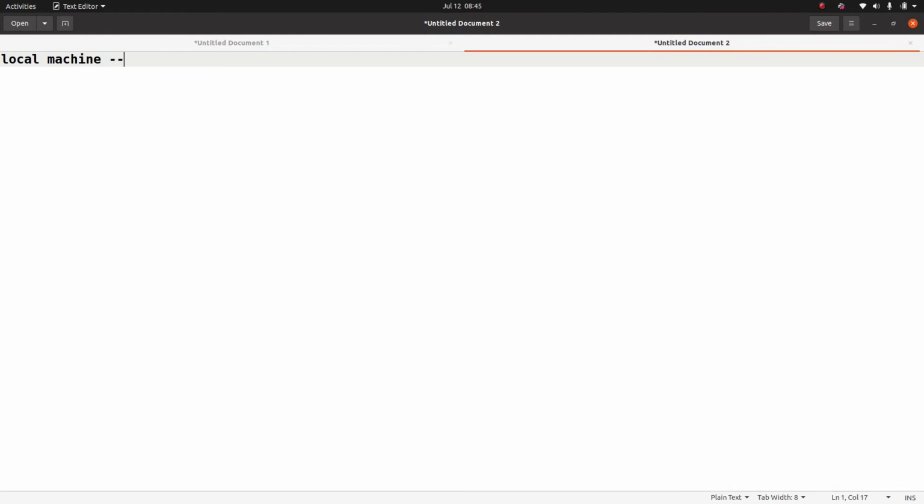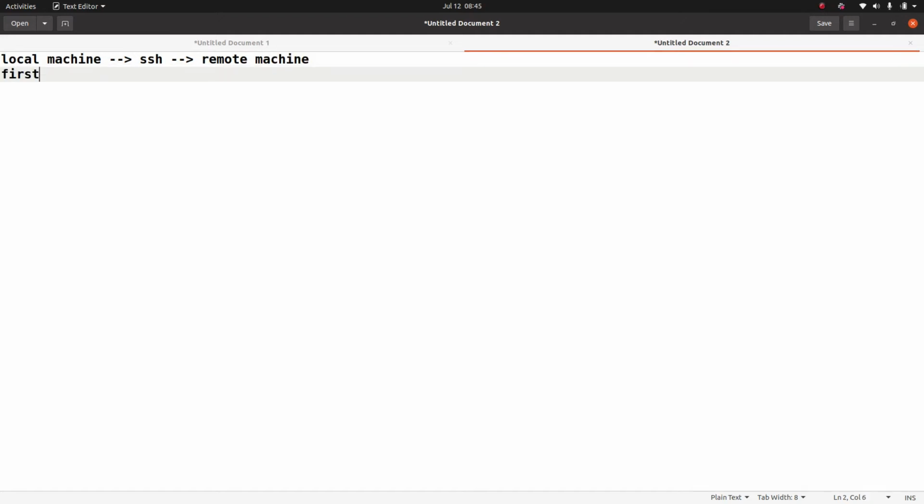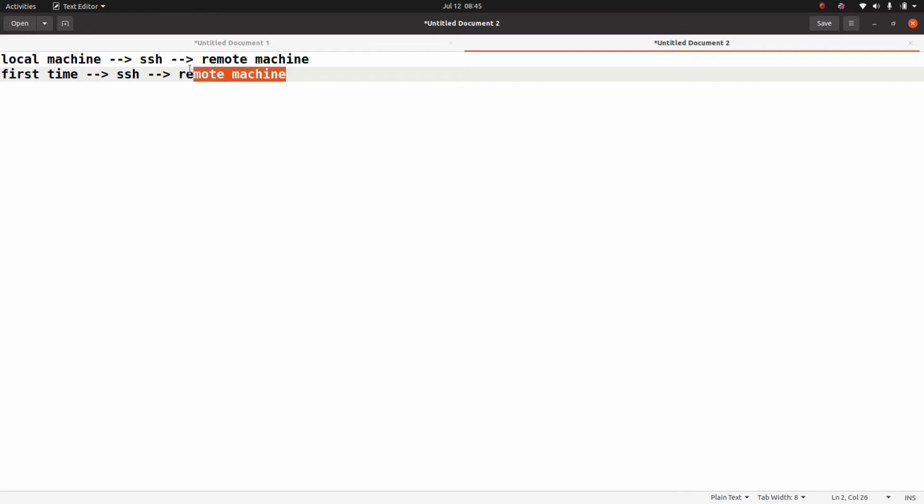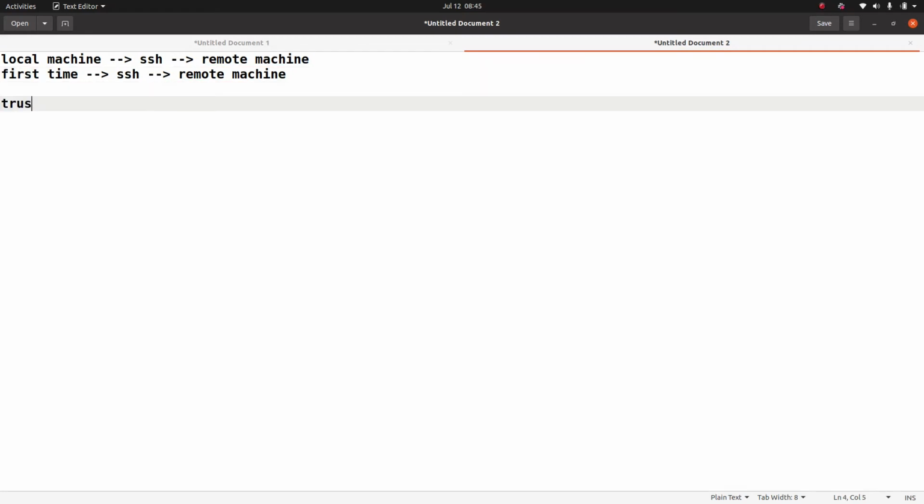And using SSH, you are trying to access a remote machine. The first time you try to access that remote machine via SSH, your local machine does not have any idea about it, which simply means it does not trust it.